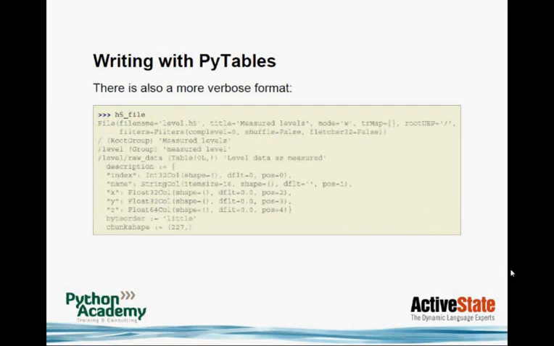Next slide. And if you want even more, if you don't use print, you just use what's called a representation. You just type the name. You get very similar information, but in addition, you get the description of the table. It gives you back the index name XYZ, so you can see what the table is going to look like. So you have even more information about it. Next slide.